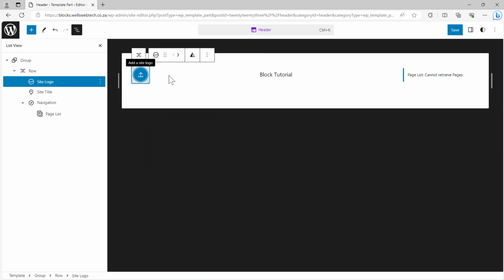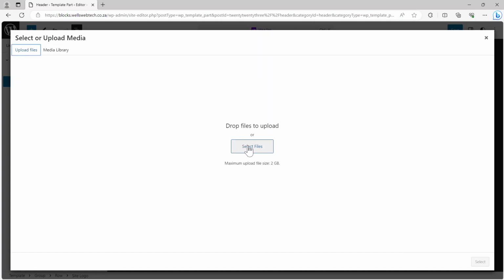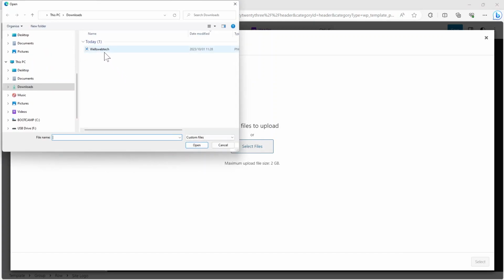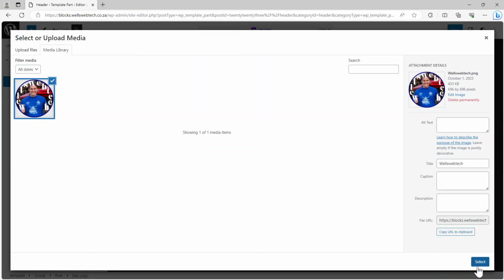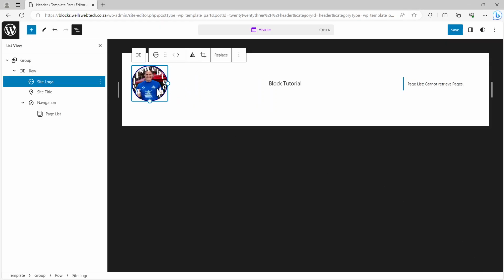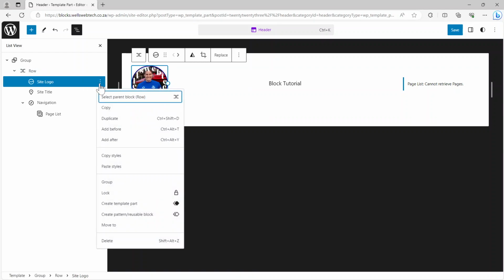There it gives you an option to upload one. I haven't got anything in my media library, so you see my media library is blank. I'm going to go and upload, and select one. I've already created my logo file, so I'm just going to click on open, and there it is. I click on select, and now it's added the site logo, and as you can see, it's got the site title away. Now if I wanted to bring the site title and the logo together, I could just go here and say